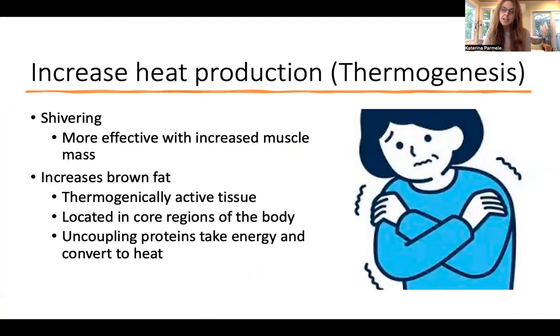Heat production is thermogenesis. So the way that our body deals with cold is we need to increase temperatures. So how do we do that? Well, number one is with shivering. That works better when you have more muscle mass, because your muscles are shivering in order to thermally increase your body temperature. But a second, non-shivering way of increasing heat production is with the increase in the activation of